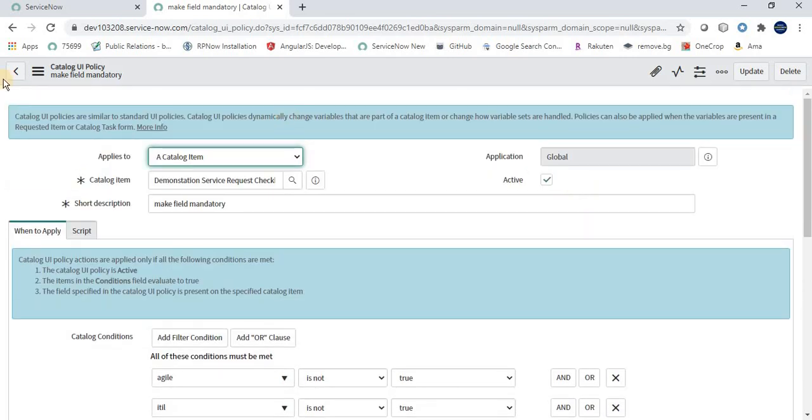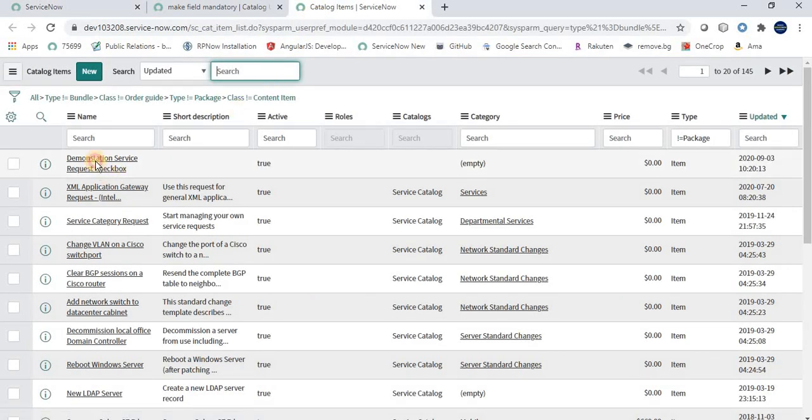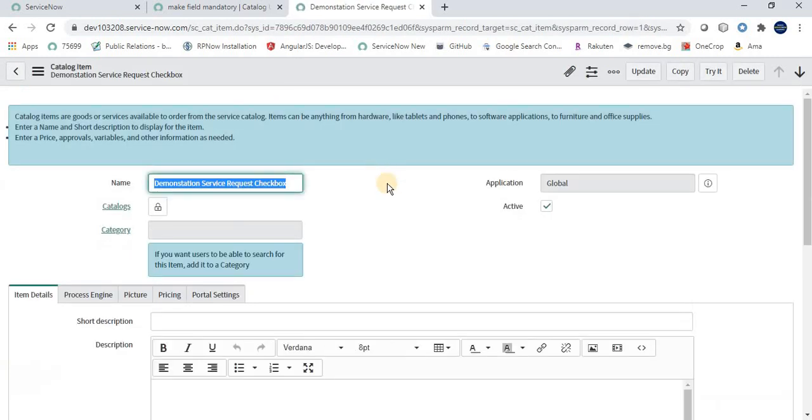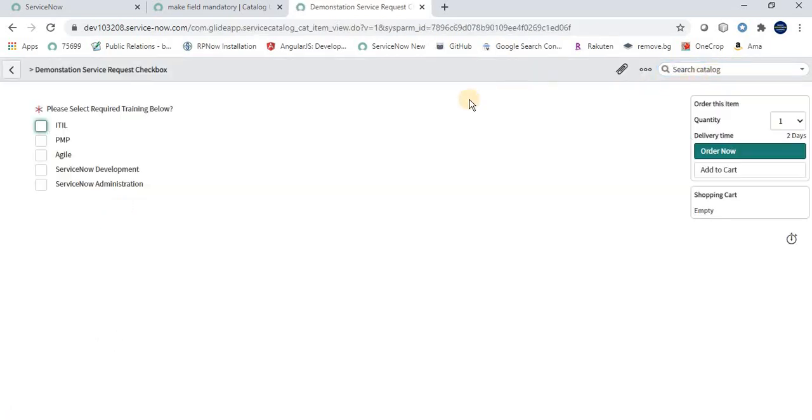Okay, now go here, type maintain item, open this. Here we have this service catalog item, right? This demonstration service request checkbox. Now let's click on the try it button. See, once we click on the try it button, this time we have this field mandatory.